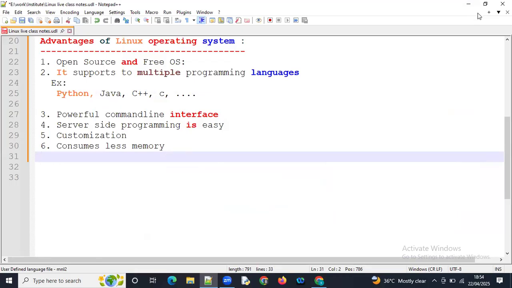Next, scripting and automation is made easy. I already told you that for automation purposes Linux users use shell scripting, and shell scripting and automation is very easy in the Linux operating system.